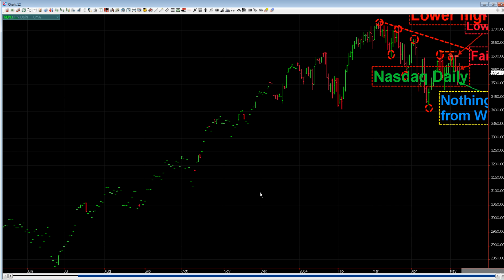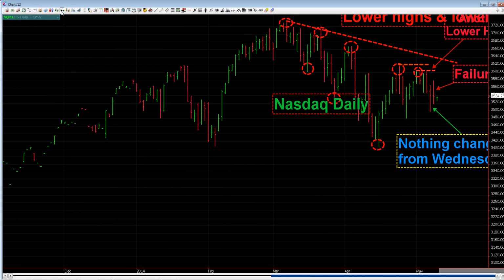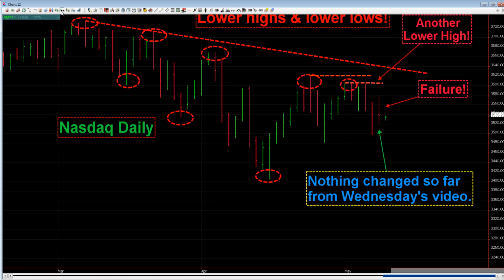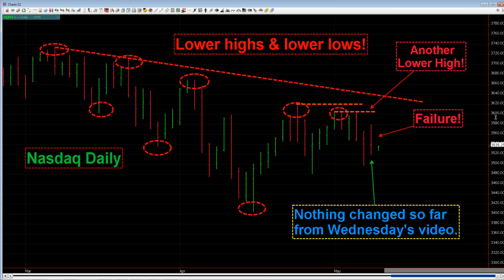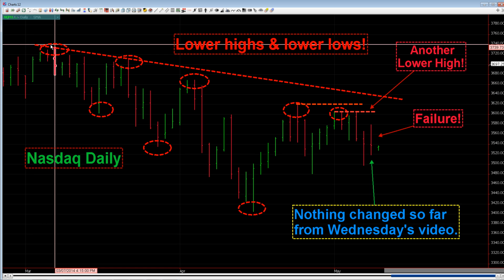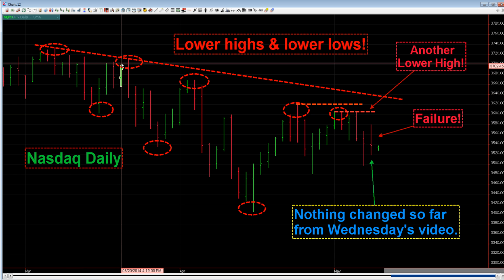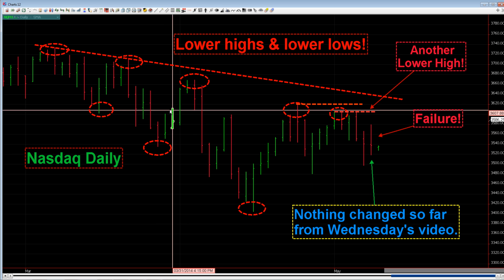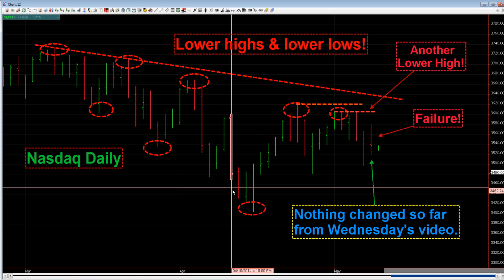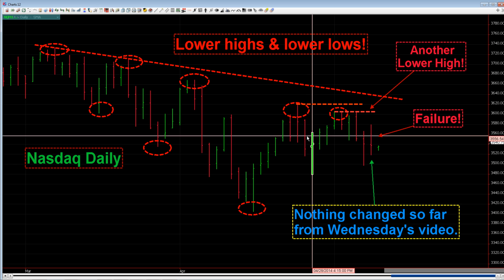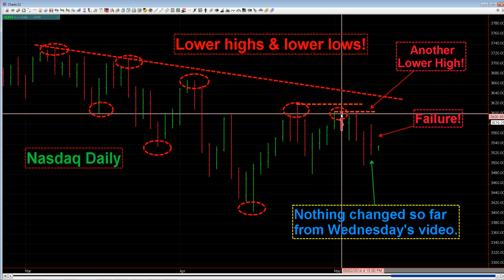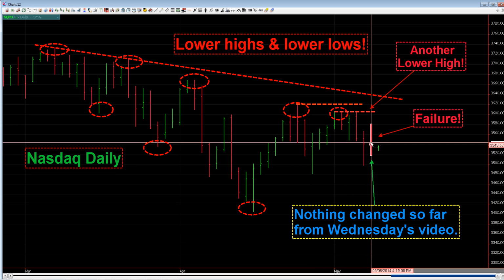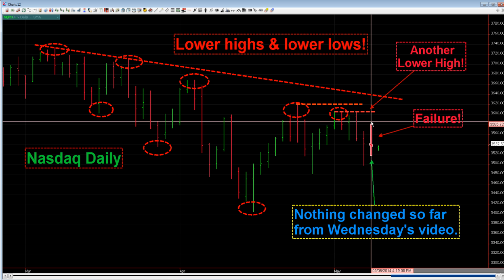Let's go look at the NASDAQ. The NASDAQ trading for Friday, this chart looks horrible. This is a miserable looking failure. Why? Because we've got this red trend line, okay? It shows trend line resistance. You made a high, came off and put a low in, rallied up for another high. This is a daily chart now. Came off and put a lower low in. Rallied up for a lower high, a lower low, a lower high, puts in a low, runs up for a lower high, puts in this low, can't even make it to the previous high.